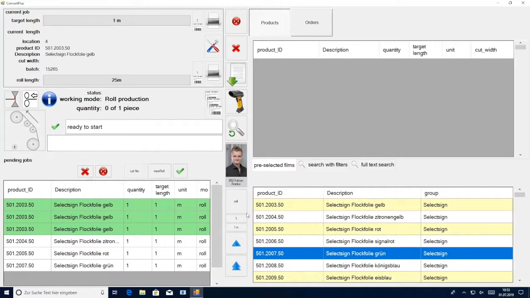Over on the left-hand side of the screen, there's an option to change rewinding direction. Currently, we are in mode 1, which is a normal rewind. If we click the button, it will change to roll mode 2. This allows the operator to do a reverse rewind onto the top core. The next option is reverse rewinding from the bottom or the master roll. And lastly, mode 4 is reverse rewinding on both the top and bottom mandrel.